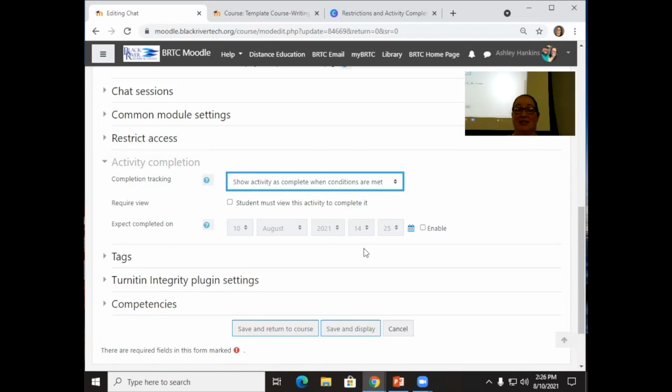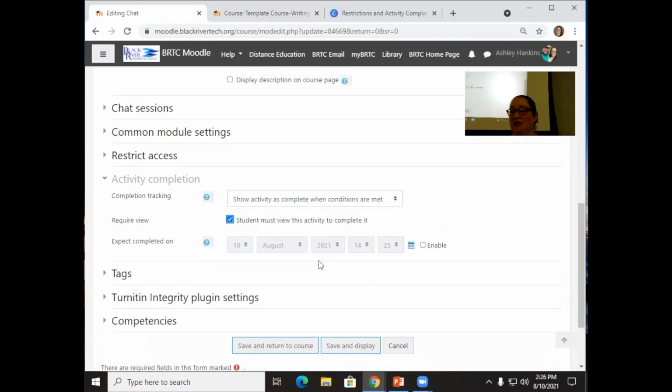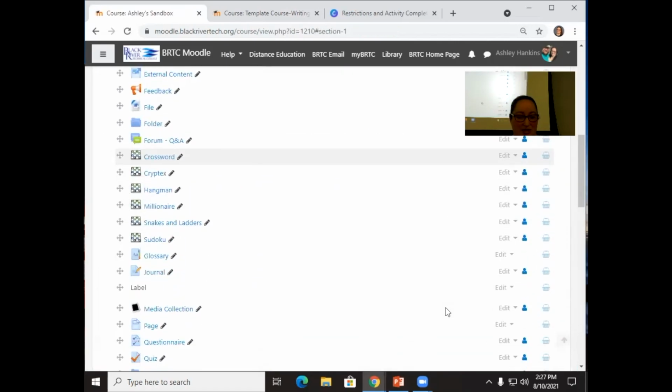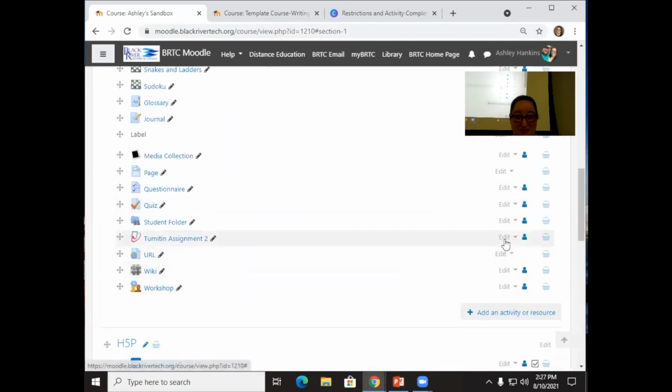Now, if it is an activity where they don't submit anything, this is all you're going to see. Student must view this activity to complete it. That's the only option. They click on it, it's complete, right? But on other activities where they actually have to submit something or maybe get a grade for it,